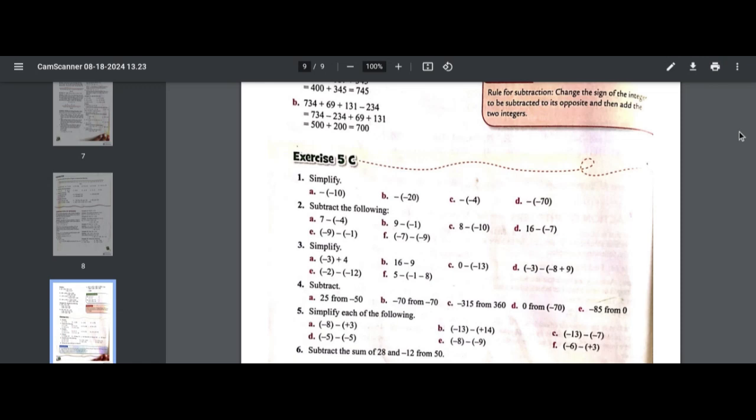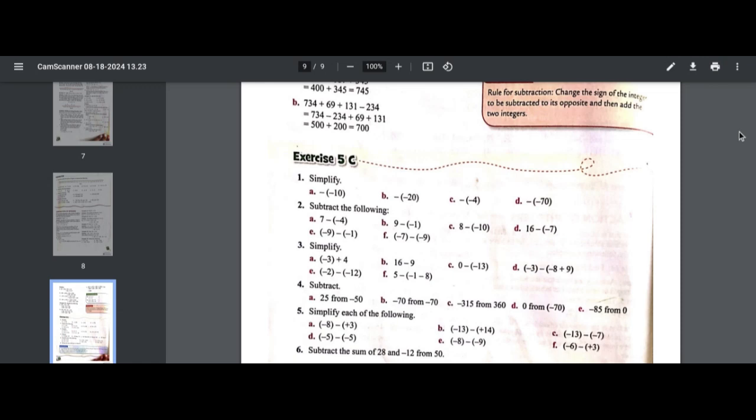It shows everything. First you have to solve the bracket, then you have to do the addition or subtraction. Minus equals plus, so 8 plus 3, minus 8 minus 3. Then 8, 9, 10, 11. Answer will be minus 11. Yep. So I have to do question number 6.